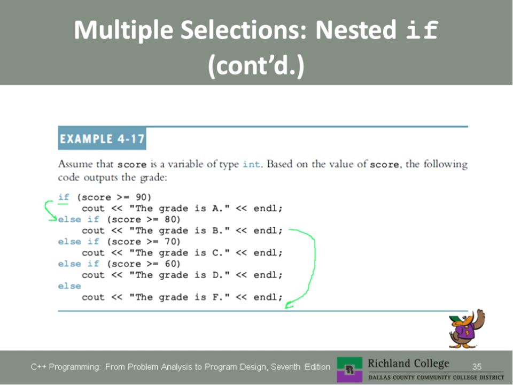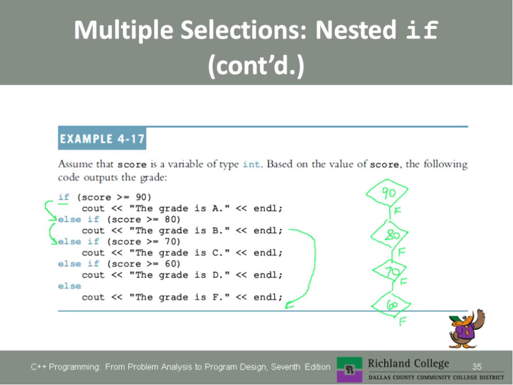Now if a score is not greater than or equal to 80, then you jump over the statements and you go to the next comparison. So you have a logical decision to make, and another logical decision to make, and another. And then you're figuring out if the score is greater than or equal to 90, then greater than or equal to 80, then greater than or equal to 70. So it was false for the 90, it was false for the 80, if it's false for the 70,